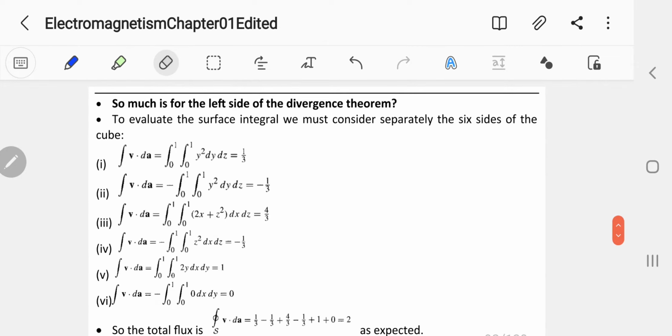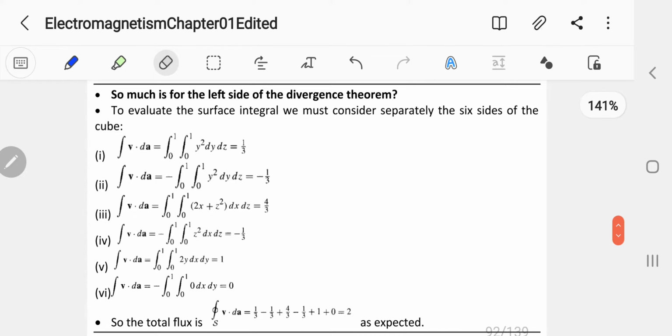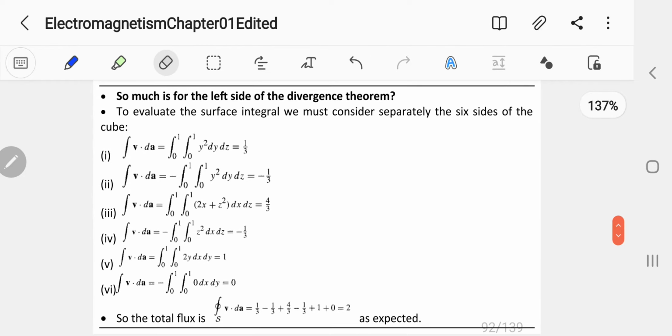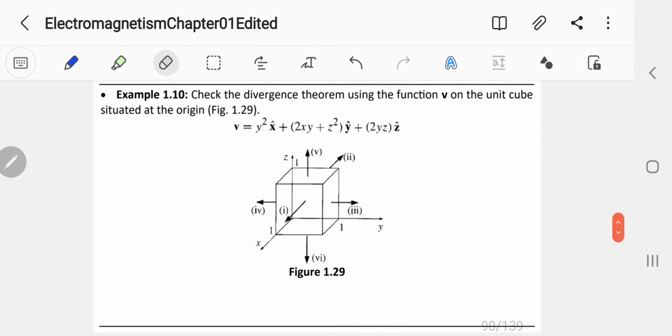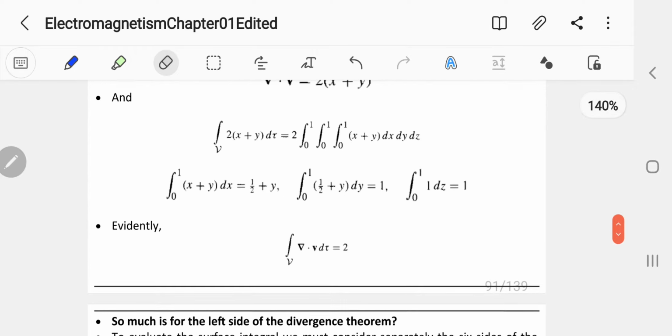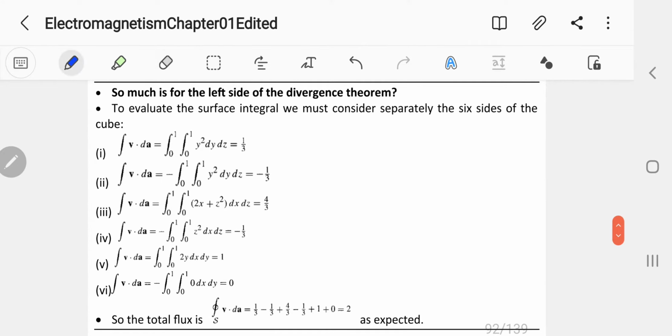So if you want to evaluate the surface integral, there are 6 surfaces, so you have to add the integrals over the 6 surfaces, because you are going to integrate over a closed surface. Here, 1, 2, 3, 4, 5, 6 surfaces, so you have to get the integral of that. So for each one, you can evaluate this,